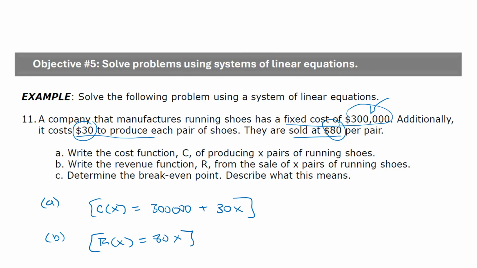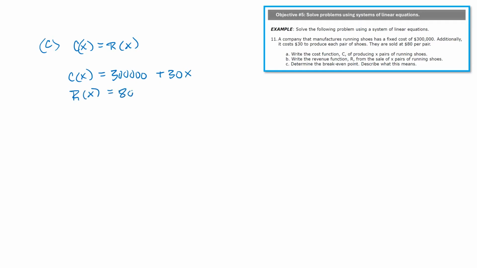Okay. Now C is asking us to determine the break-even point and describe what it means. So the break-even point occurs when your cost function and your revenue function intersect. In other words, when they equal. So when C of x equals R of x. Well, we know C of x equals 300,000 plus 30x, and we know R of x equals 80x. So we can set them both equal to each other